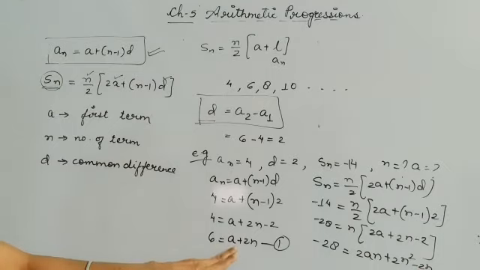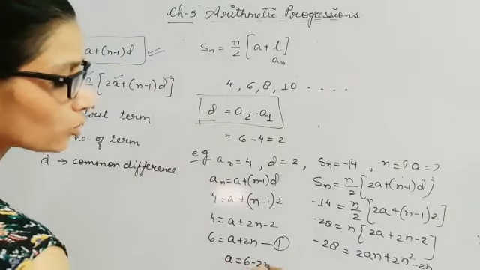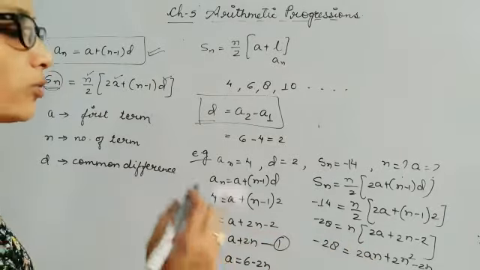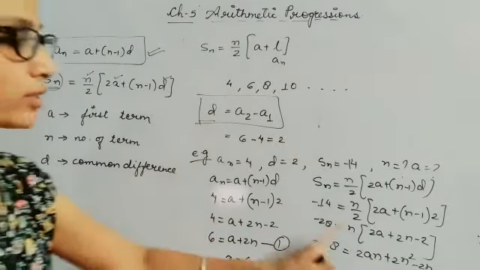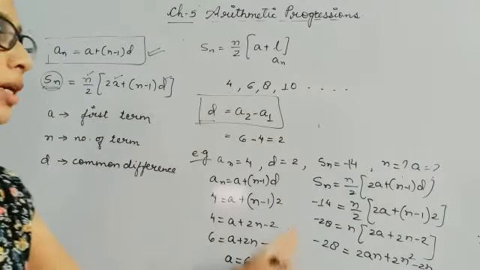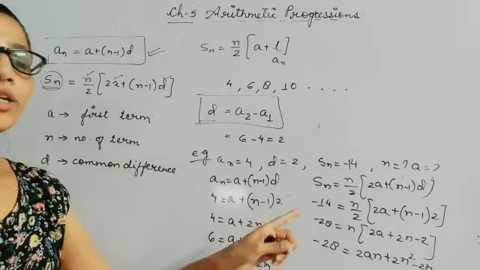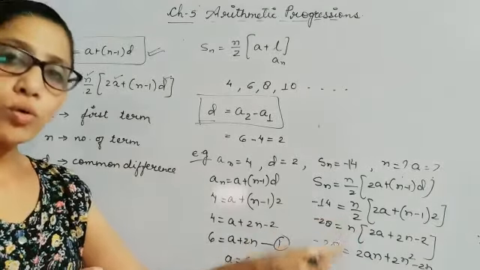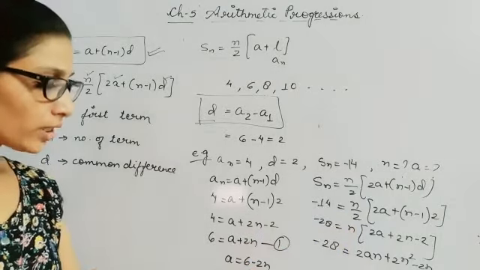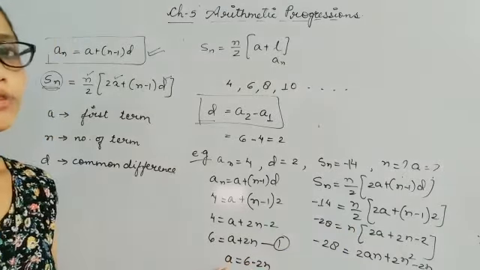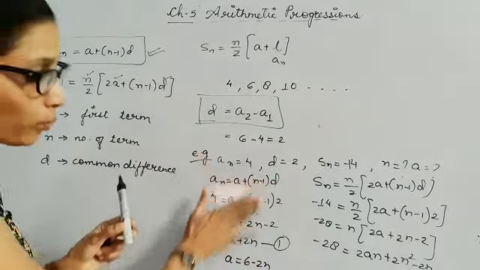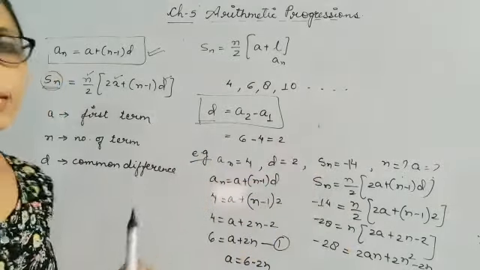What you can do, you can find out the value of a or n from here. I can write a equal to 6 minus 2n, and I can substitute the value of a there. Wherever a exists, you write down the value and simplify it. After simplification, you will get a quadratic equation by which you can find the value of n. After finding the value of n by the middle term splitting method or by the quadratic formula, you will put the value of n over here to get the value of a. So this is how we can calculate when both the formulas are to be used simultaneously.